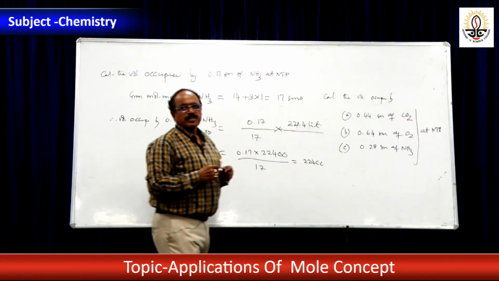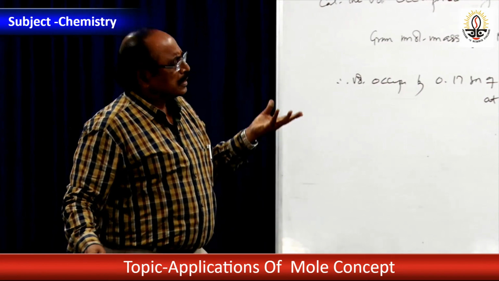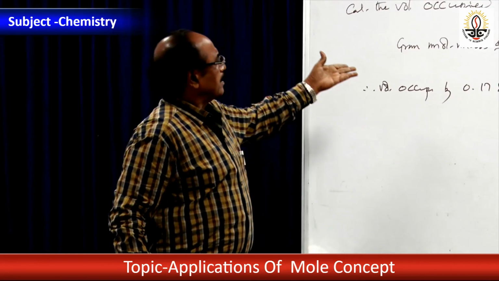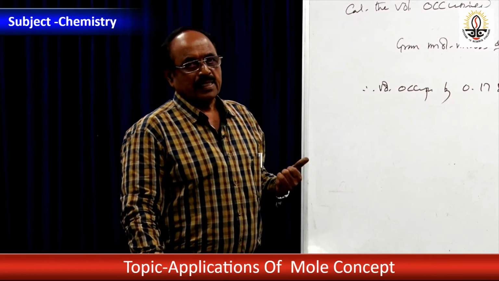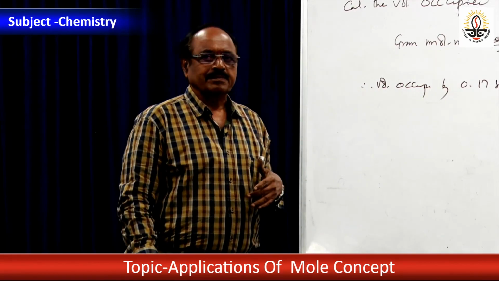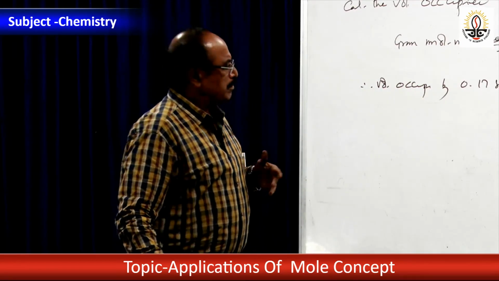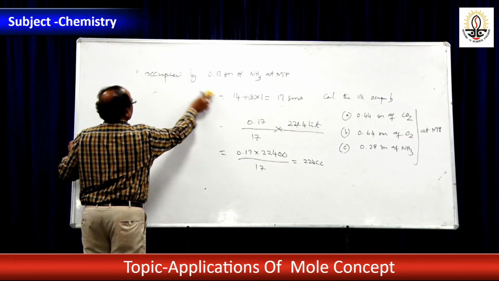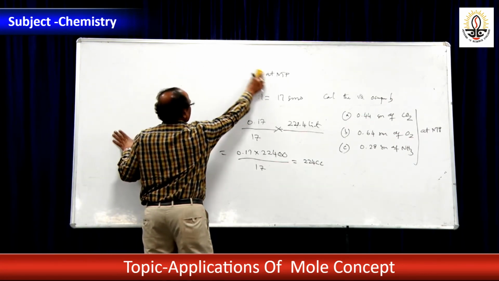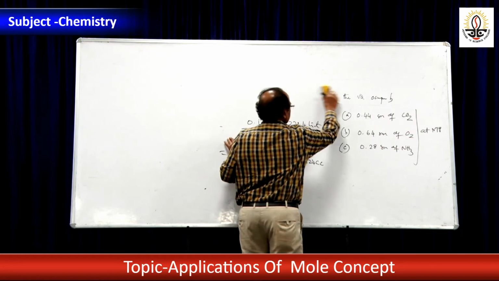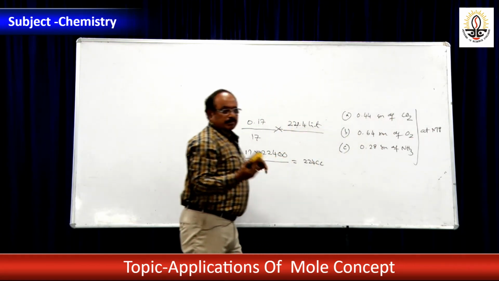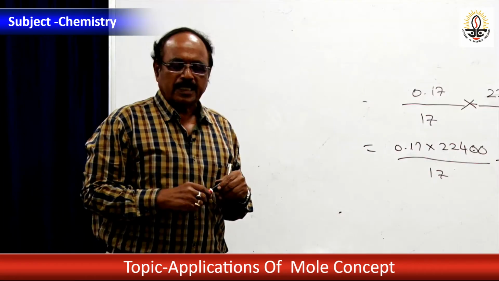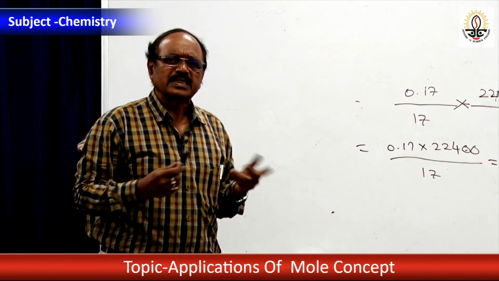By using the mole concept you can get some volume. This mole concept has a wide spectrum of applications. We calculated this by the mass-volume relationship. Now we will come to the volume-mass relationship. We will just reverse it. If a volume is given, then we can calculate the mass of the given volume. Suppose somebody asks us to calculate the mass of 100 cc of oxygen at NTP, or 112 cc of nitrogen at NTP. Questions like these will come.